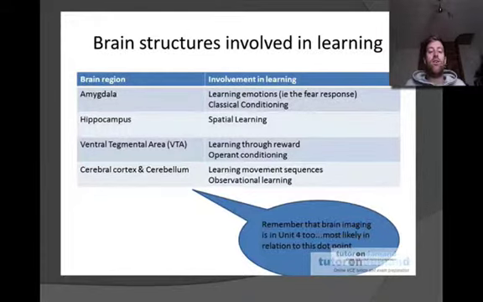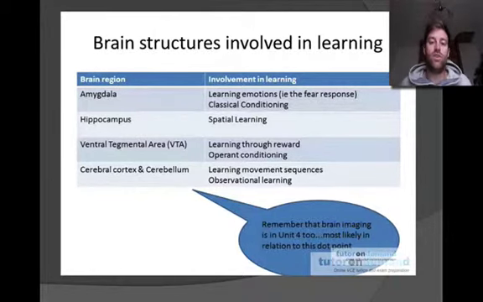Finally, the area called the cerebral cortex and the cerebellum. These parts of the brain are to do with, well, the cerebellum is movement, and the cerebral cortex is more higher order thinking. Hard to kind of fit this into a gap here, but